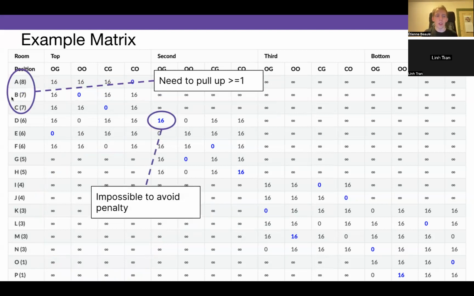Now you have these 3 teams, but 2 teams on 7, but we see you need to pull up even more teams.